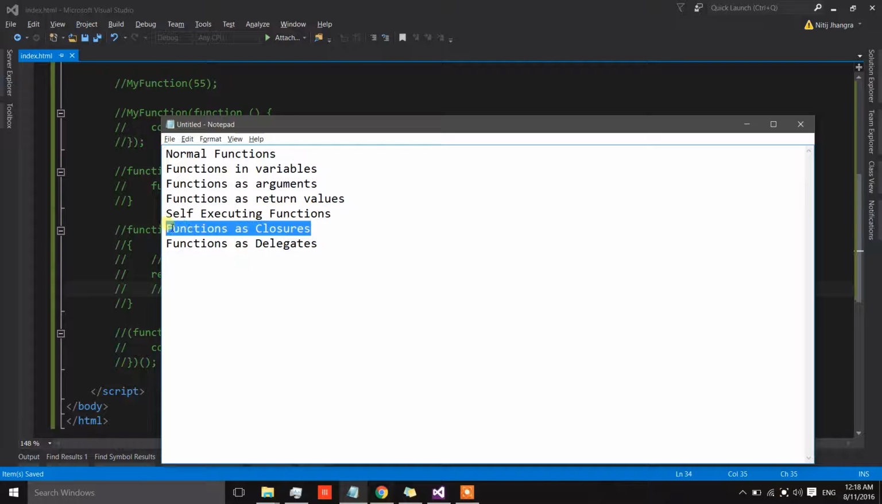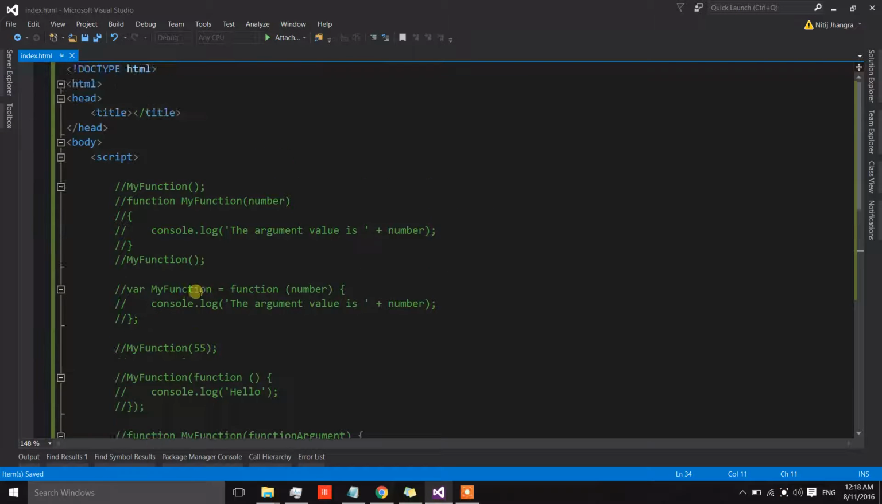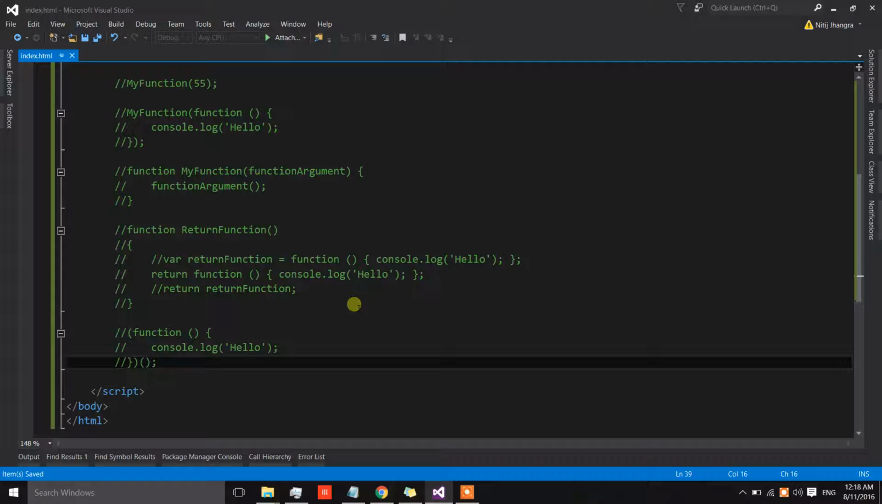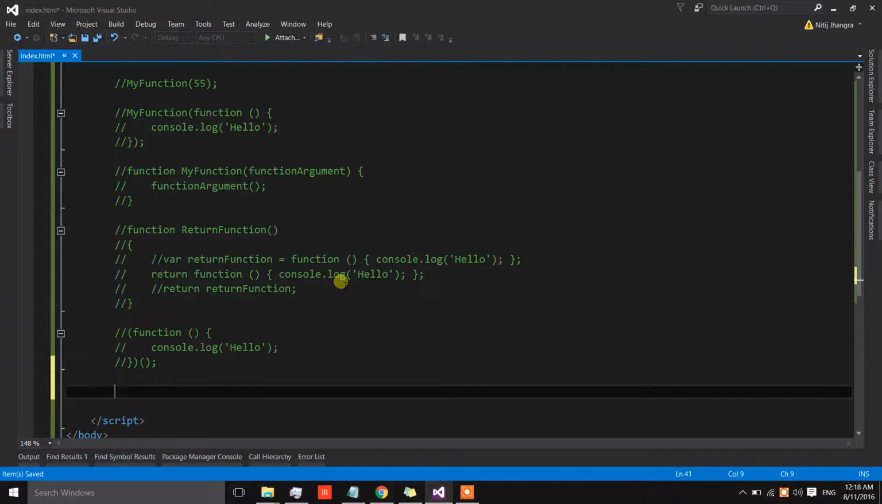Okay, so functions as closures. Before I start explaining how we can use a function as a closure, I would like to point out first that there are no private fields or private variables inside the JavaScript language. However, there are ways to create a private state for certain objects, and we can do that by